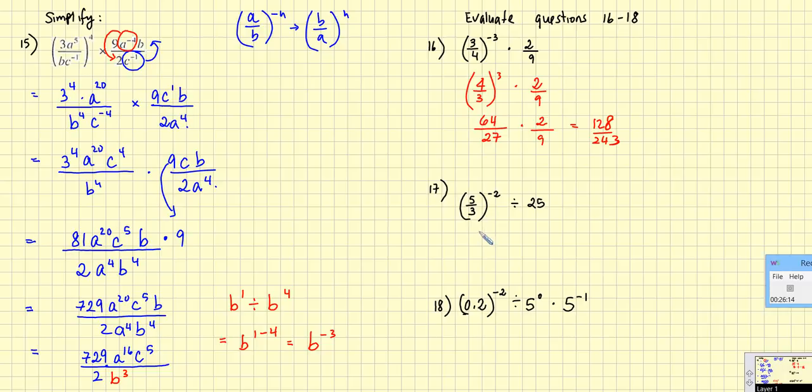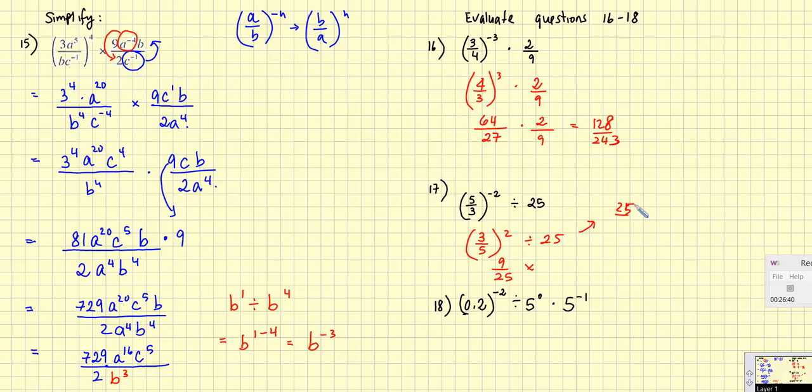All right, our next problem. Now again, we're going to flip these around because we've got a power to the -2, and we've got the fraction, so we can change it to 3/5 all squared divided by 25. Now we're going to change this to 9/25. Now because it's divided by 25, that means that I'm going to flip it around. 25 is like saying